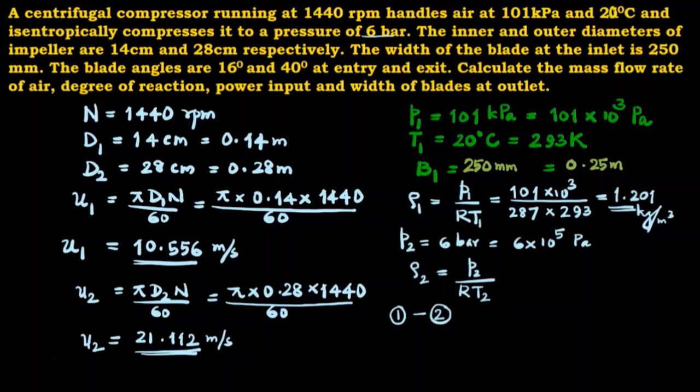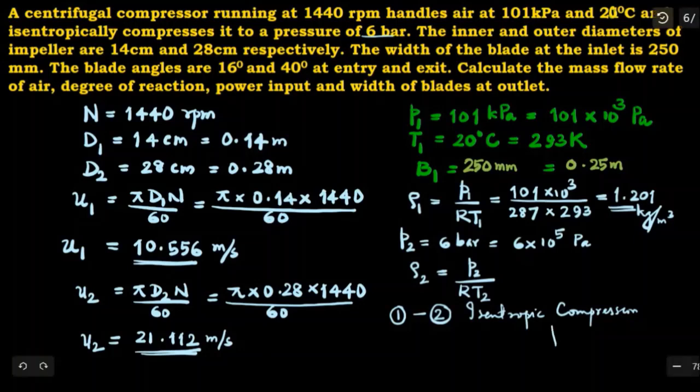At the inlet to the impeller or inlet to the compressor, the state point is 1. At the outlet of the compressor or outlet of the diffuser, I denote that thermodynamic state by 2. Therefore, we take 1 to 2 instead of 1 to 3, 1 to 2 isentropic compression. We connect the pressure and temperature ratio by using isentropic compression.